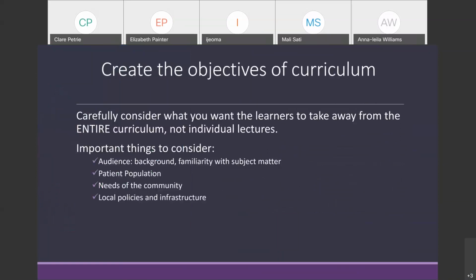Once you have created a vision statement, and again, a broad enough vision statement, you want to then start to hone in on what objectives you will have for this curriculum. So you really want to take time to carefully consider what you,